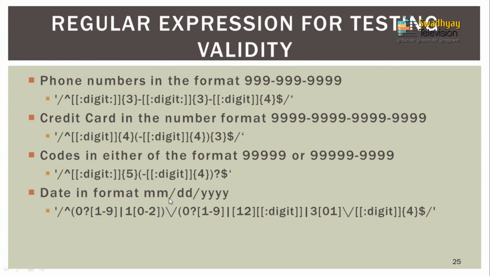Then we match the slash, backslash and slash. Then the date can be 0 to 31, so 0 which is optional, 1 to 9, or it can be 11 to 19, 20 to 29, so I write 1 or 2 and the digit class. Or for 30 or 31, it will be 3 and 0 or 1. And finally for the 4-digit year you can write digit 4 times. So this is what you can use for validity testing.